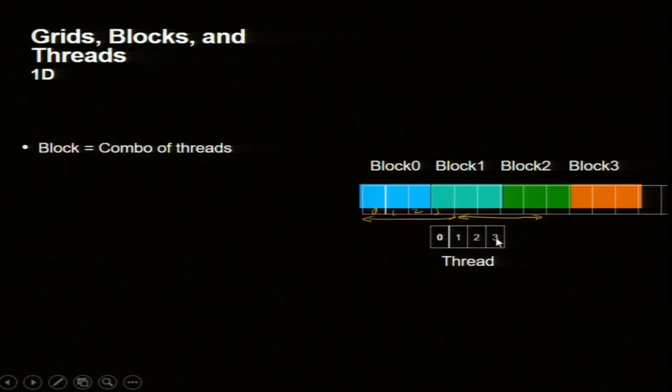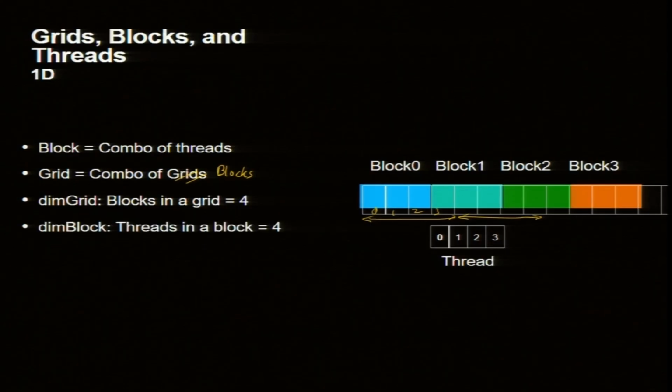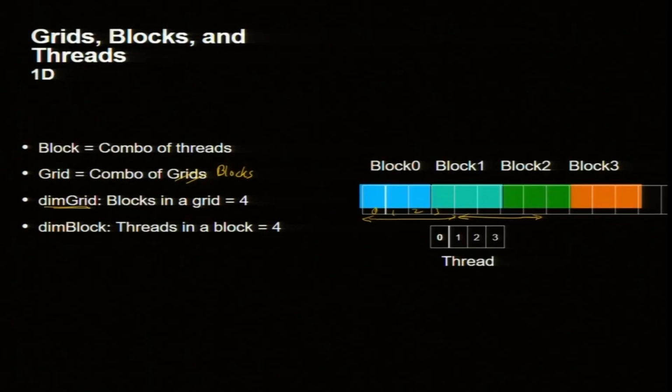A block is a combination of threads, a thread block, and a grid is a combination of blocks. The syntax is dim grid, dimension grid. In the next slide I am going to give the exact syntax of how to write it. Right now I am showing it for 1 dimension, but it could be 2D and 3D as well. Your block could be 3 dimensional, so I need 3 indices, for x, y, z. We will come to it in a minute. 3D is required for 3 dimensional arrays, or rather it is convenient, not required, but convenient.